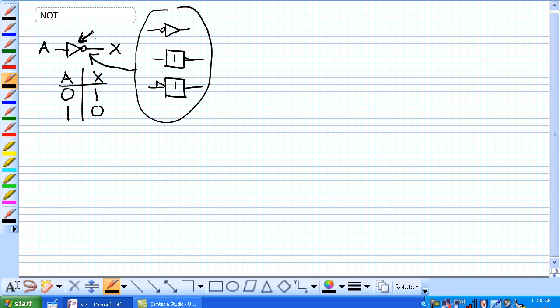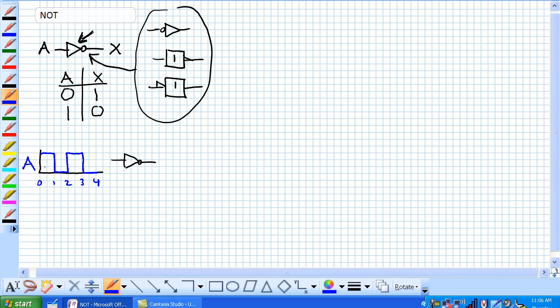Let's talk about pulsed operation. So far we've been using steady state signals coming in, and as we get into lab 5 we're going to start using digital waveforms. So let's apply a digital waveform to our NOT gate. Given signal A that's coming in right here,